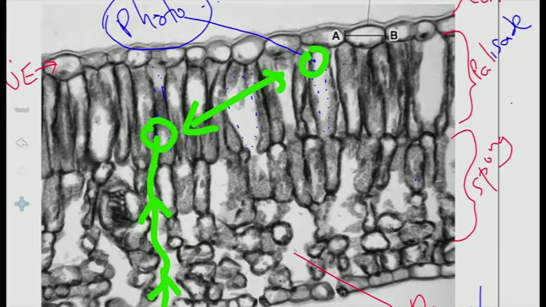Once in the chloroplast, it will find the chlorophyll, which has absorbed the light. Then there will be water there, the carbon dioxide, water, and chlorophyll. Photosynthesis will occur in the